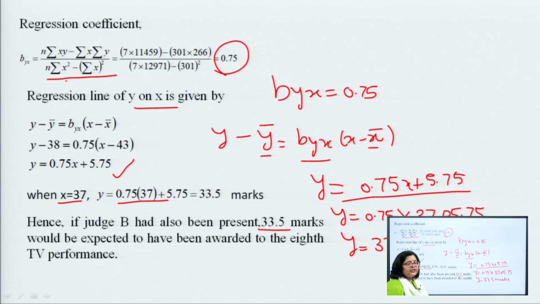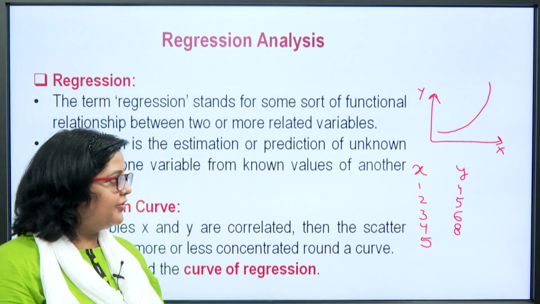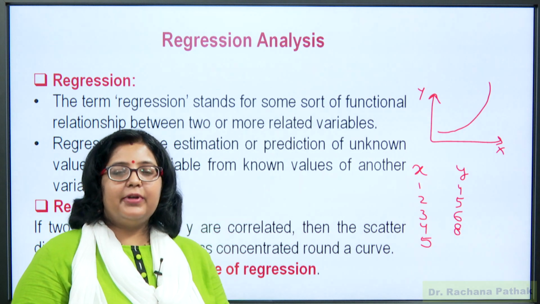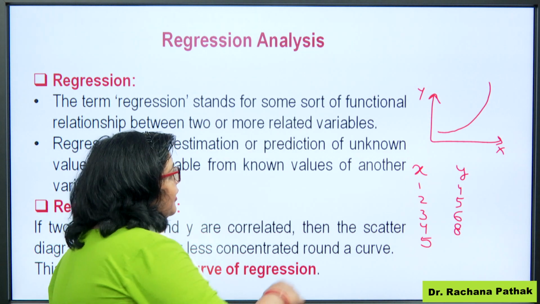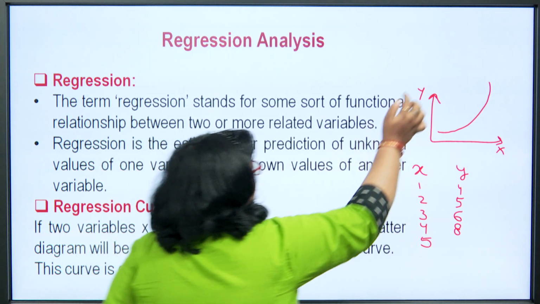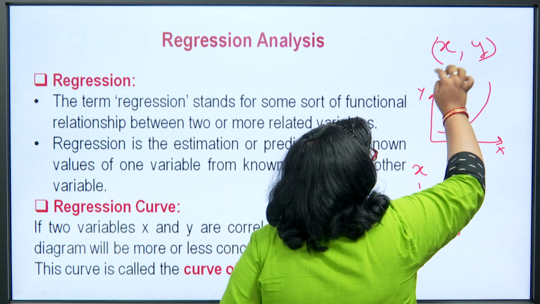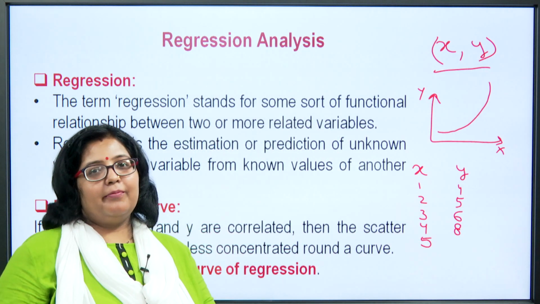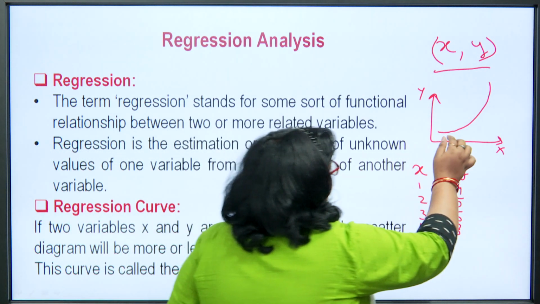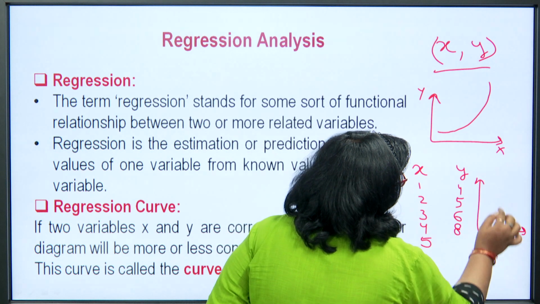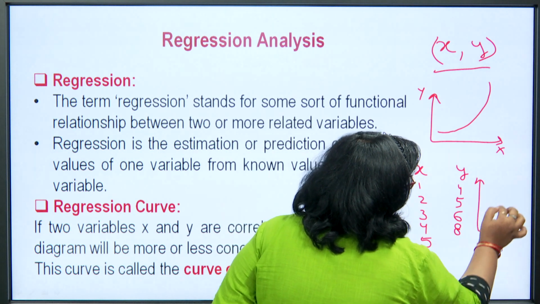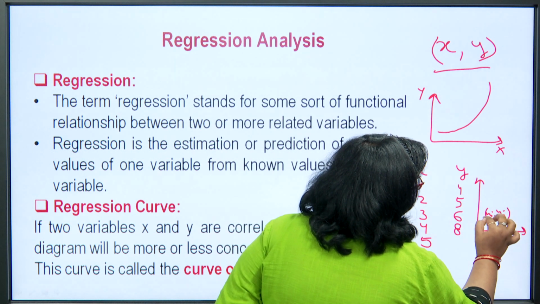In this lecture, we study what regression analysis is, what the line of equation is, and how to use it in the application of regression analysis. Firstly, we know about regression. Regression is a relationship between two variables. If x and y have pairs and the relation is given, this relation is known as regression. If we draw the graph of the points xi, yi, we draw the curve.